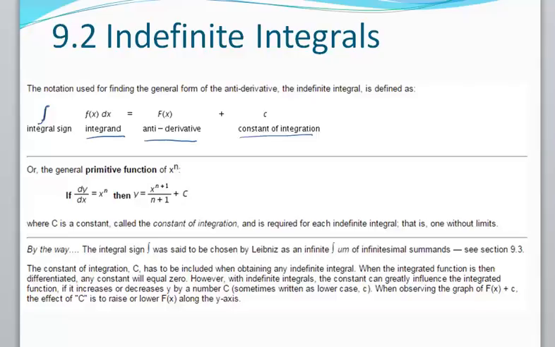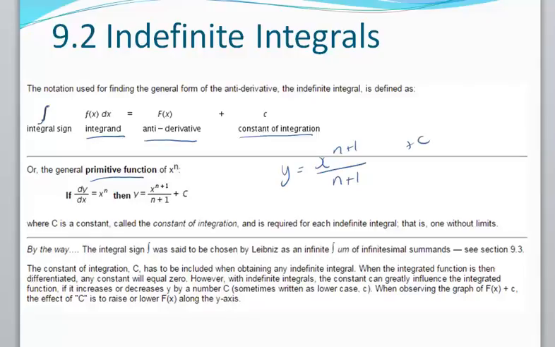For our general primitive function, x to the power of n, we're saying our change in y, dy on dx, is x to the power of n. Then y is equal to x to the power of n plus 1 divided by n plus 1, plus c. If we did it the other way around, if we had y equal to x to the power of n plus 1 divided by n plus 1, plus c, our constant,